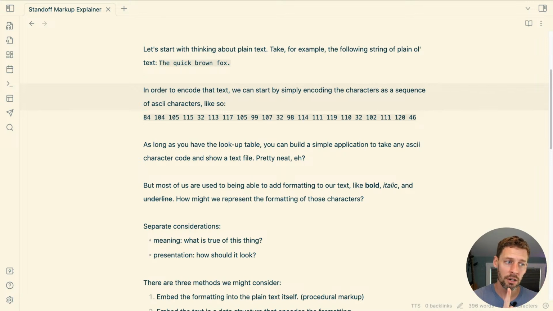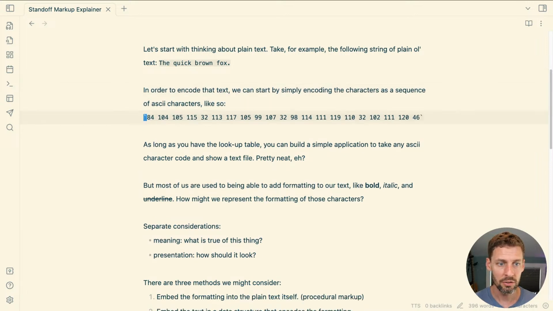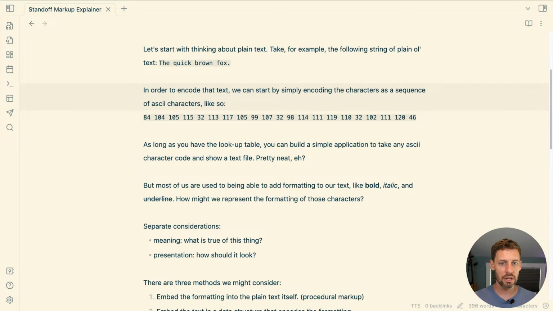So this is not a TLDR. It's not like TLDR, standoff markup is when you store the annotations separate from the plain content text. That's fine for some things, but for the article, I want to build up to what standoff is and motivate it, but I want to give the least amount of complex background to motivate it. And so I think probably introducing ASCII here is not the right thing. So basically, in order to encode that text, we can start by simply encoding the characters as a sequence of ASCII characters. I am going to have to introduce ASCII when we talk about offsets within,